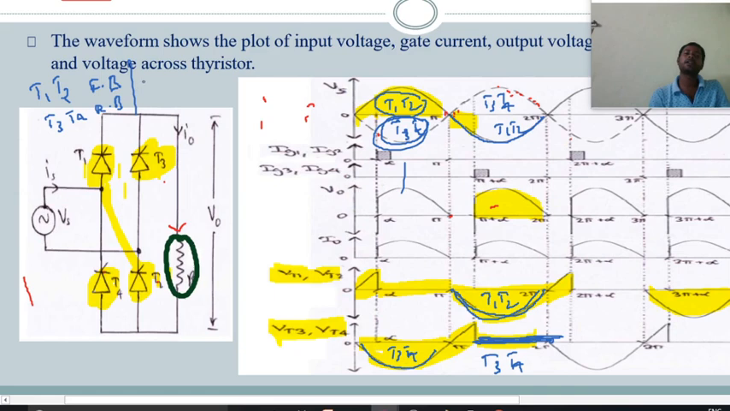Similarly, the exact replica takes place. When T1 and T2 are reverse biased, then T3 and T4 will be forward biased. If T3 and T4 are forward biased, the exact input voltage is applied across T1 and T2. This is all about the single phase